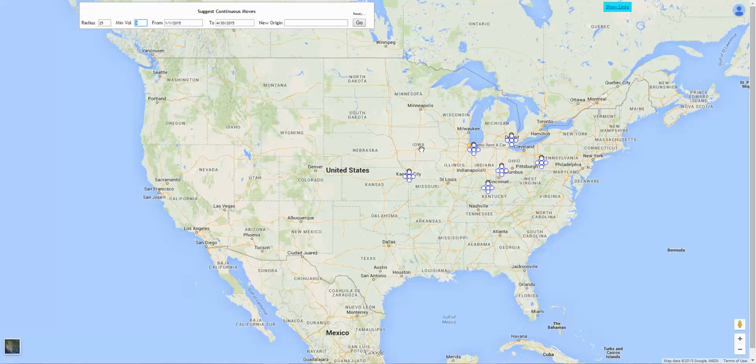You can then change the radius individually for each origin. Here we've changed our radius to 73 miles. You can change it by moving the circle, or by clicking inside the circle, and that will change the radius by 5 miles. So here we've changed our radius around Kansas City to 61 miles, and the radius around our other origins remains